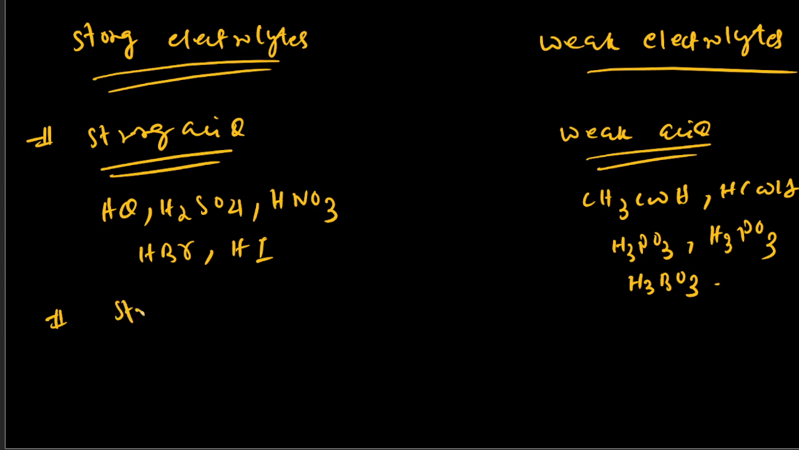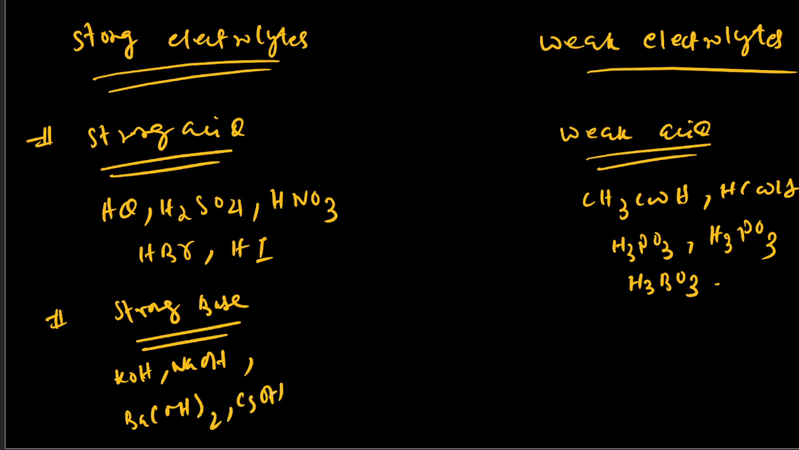And for strong bases, we say KOH, NaOH, and Ba(OH)2, Ca(OH)2, Sr(OH)2. These are all second group atoms, except we can say lithium. If you except lithium, all oxides or hydroxides of the first and second groups are considered as strong bases. Similarly for weak bases,